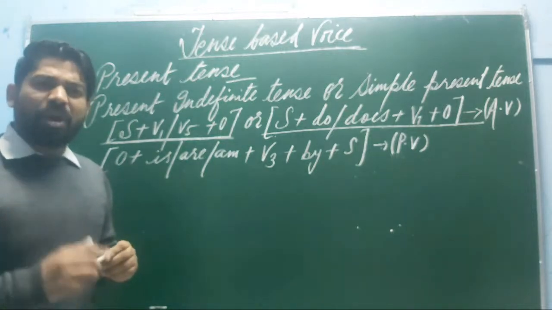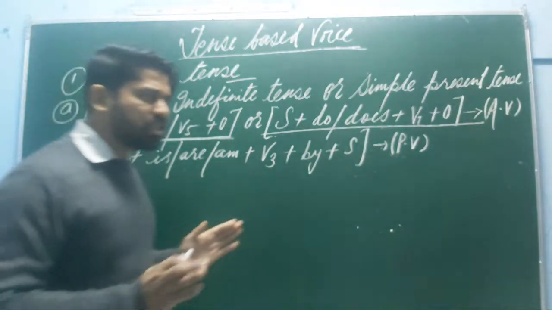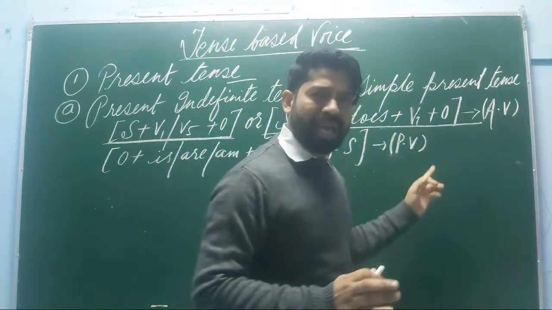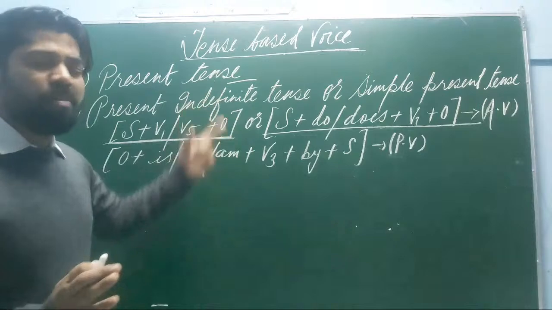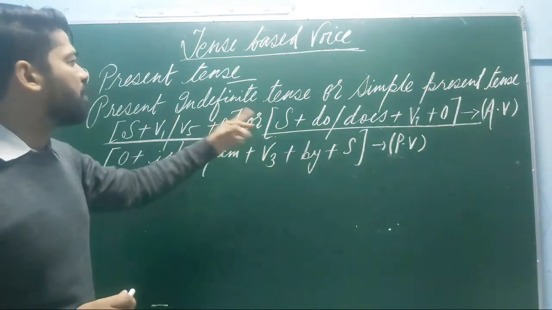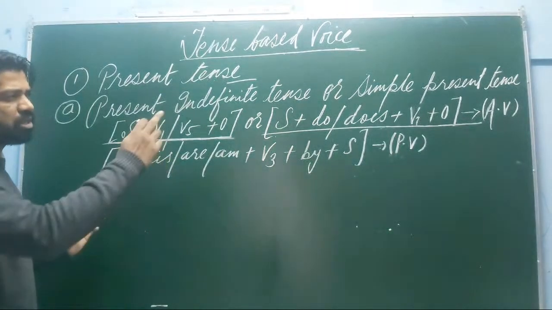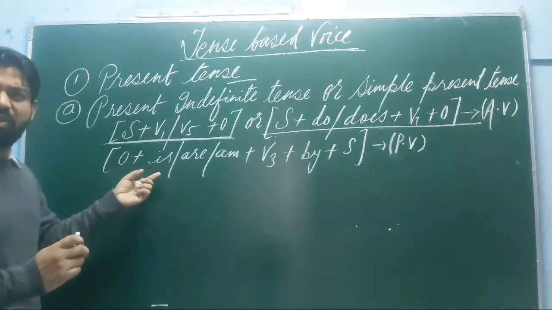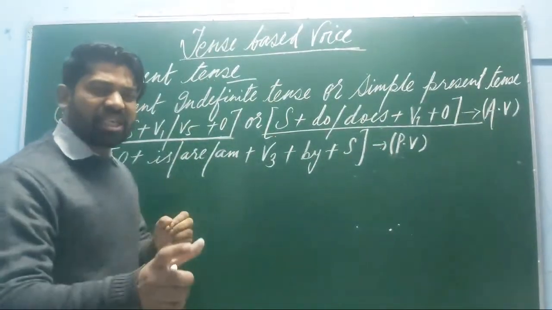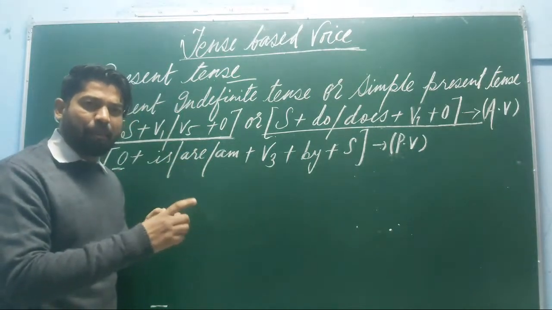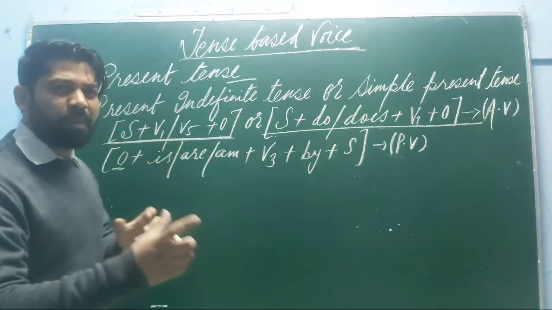Once you are capable of recognizing the sentence, I think there will be no hurdle in converting the sentence from active to passive. So first of all, your first duty is to memorize the structure of the simple present tense. So how will you convert the sentences of the simple present to passive voice? This one is the structure: the last portion of the sentence will become the starting portion of the passive voice, and the first portion of the active voice becomes the last portion of the passive voice.